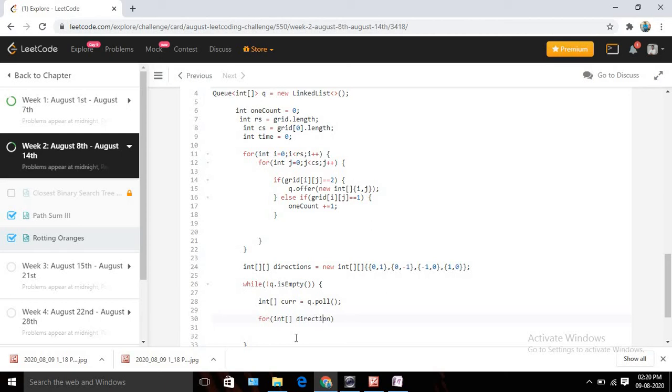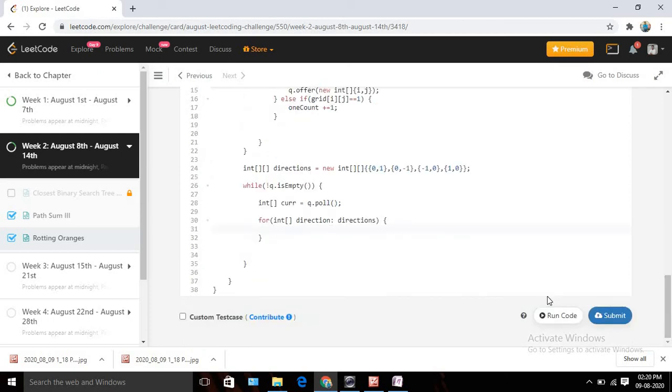Okay. So after that, it should be direction. We are going to just go checking all the adjacent nodes using this for loop, right? So directions. Okay. Now what I need to check after that, I need to take 2 values, right? So it will be the next row, or next adjacent row. What will be the value? It should be current 0. 0 means we are considering the row location, right? Plus direction